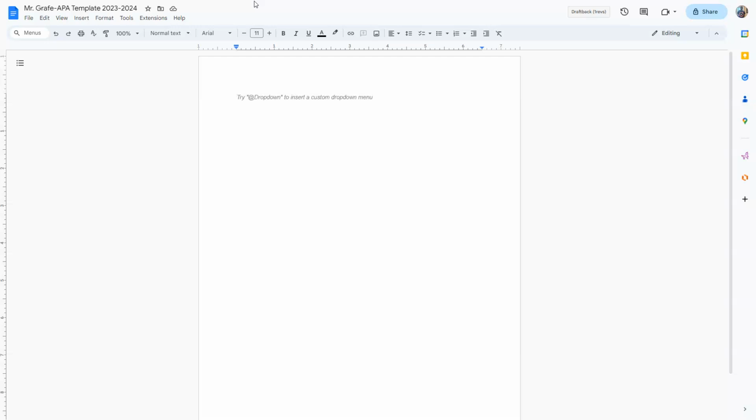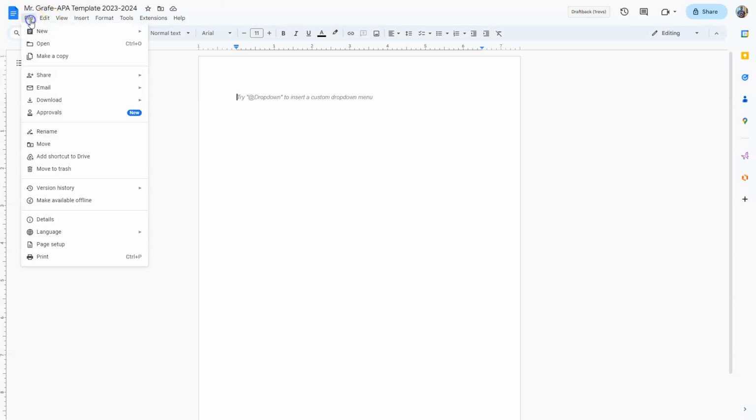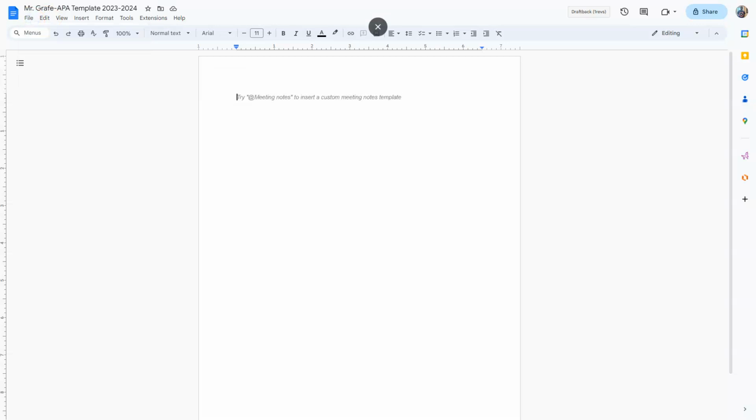It's always easier to take this template and do file, make a copy, because you'll be able to use this. Right? You can even share this with a different Google email. And then save that to your drive so that you can use that in the future if you plan on attending college,